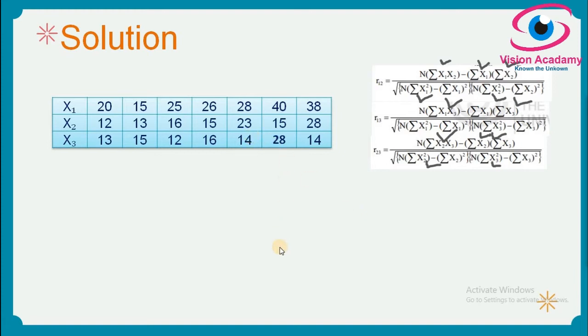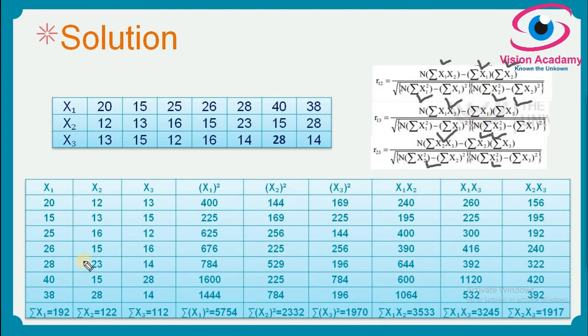So here I have directly calculated for your understanding using these values of x1, x2, x3. In the first column I have inserted the x1 value, second column x2, third column x3, in the fourth column x1 square, because we need x1 square. In the same way x2 square, x3 square. Thereafter we need to multiply one-to-one values: firstly x1 and x2, thereafter x2 and x3, and after that x1 and x3. I have done all these things.